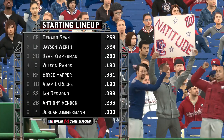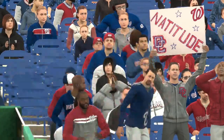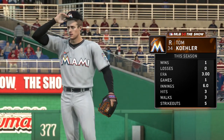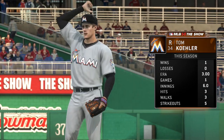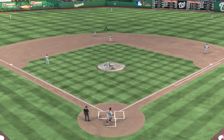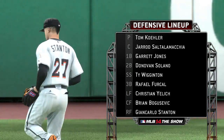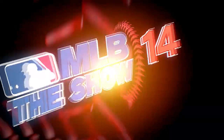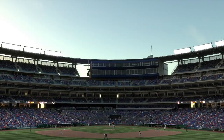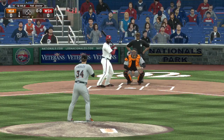Starting lineup for Washington looks like this. And getting his final warm-up tosses in, the starter who they'll be up against, as you see his totals there on the right side of your screen. And in the field, the Marlins will align themselves like this. And there you see Denard Span as he gets ready to lead off the home half of inning number 1. The center fielder, Denard